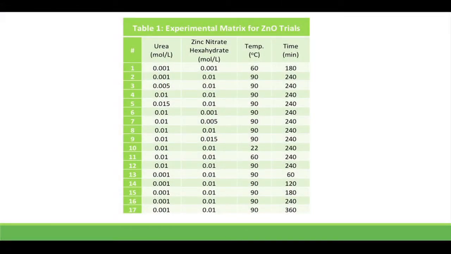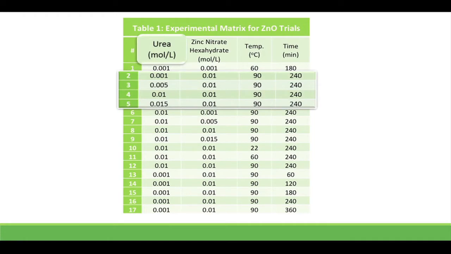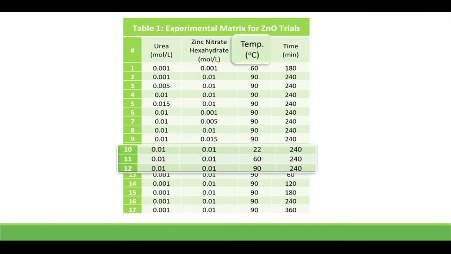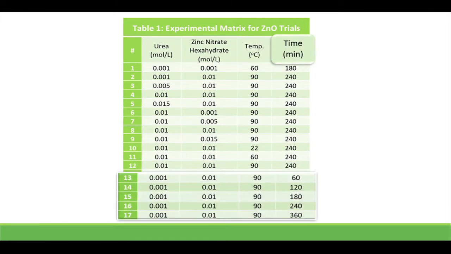So the variables that we manipulated throughout the course of our experiment were the following. Concentration of urea, this was trials 2 through 5. Concentration of zinc nitrate hexahydrate, trials 6 through 9. Reaction temperature, trials 10 through 12. And reaction time, reaction duration, trials 13 through 17. And after the effects of altering these 4 variables were thoroughly tested with those initial 17 trials,